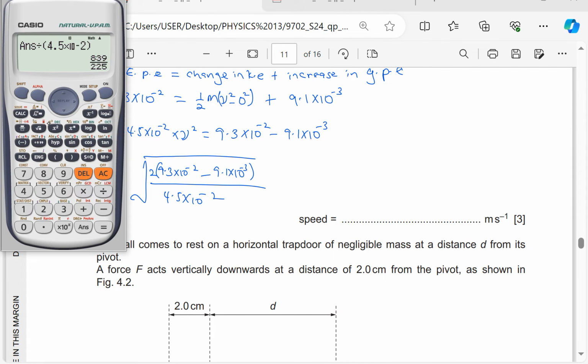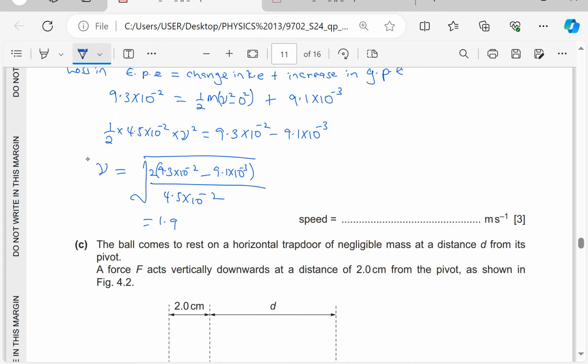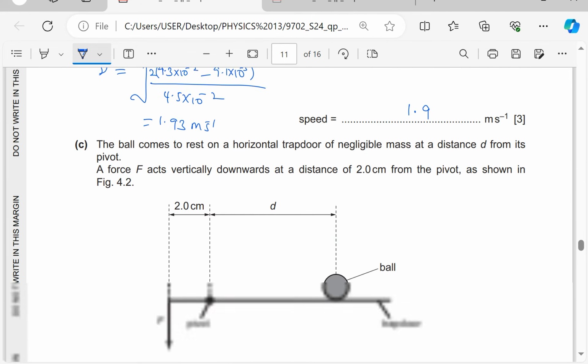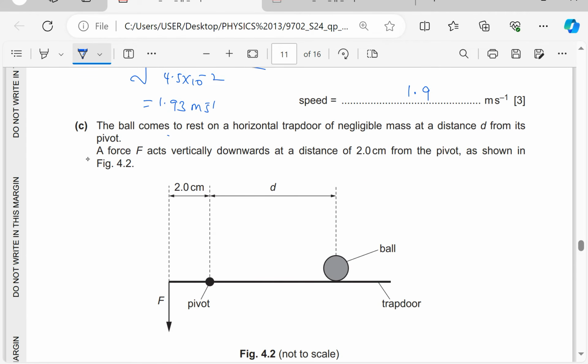Then I find the square root of the answer, and I'm getting 1.93. So this is 1.93 meters per second, or approximately, I can just write 1.9 to two significant figures. The ball comes to rest, which means final velocity becomes 0, on a horizontal trapdoor of negligible